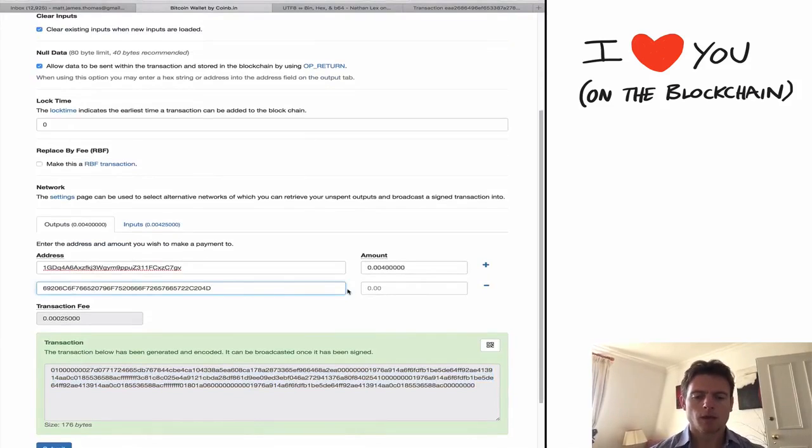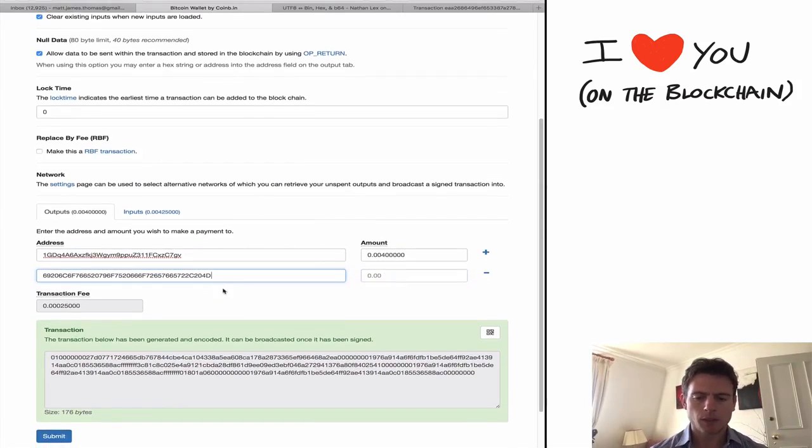right, and then we go back and we can paste this in here, right? And for an op return, we don't put any amount, right? You don't pay. You cannot pay Bitcoin to an op return output, right? So if we